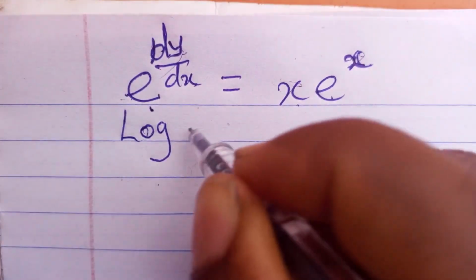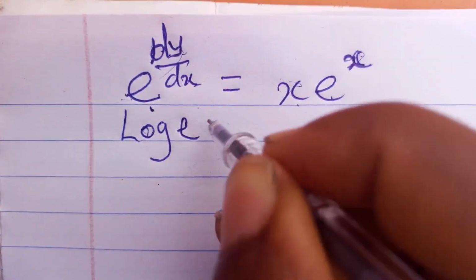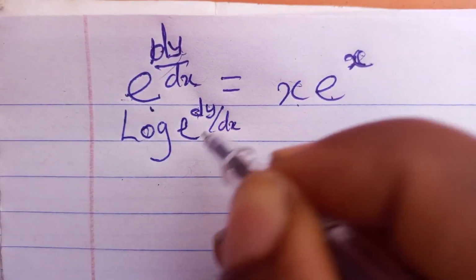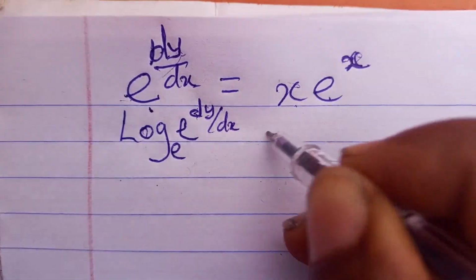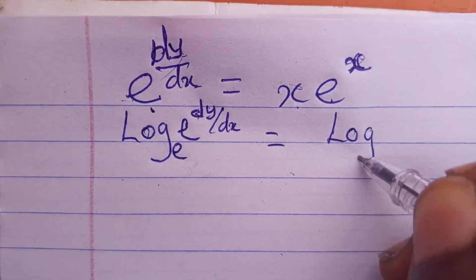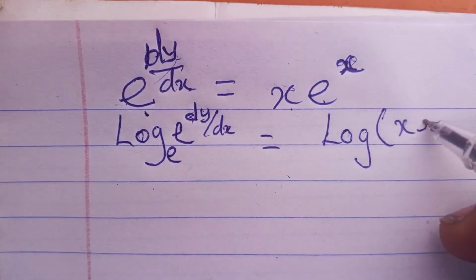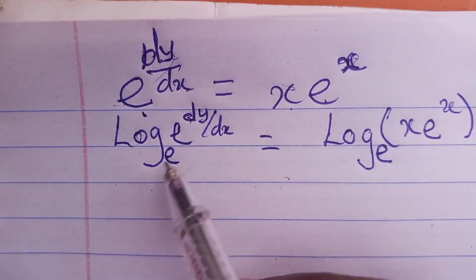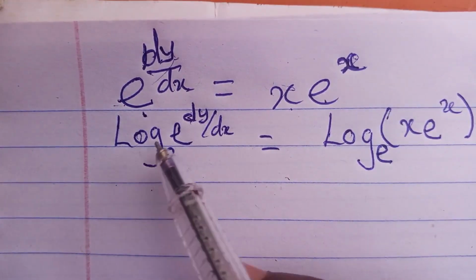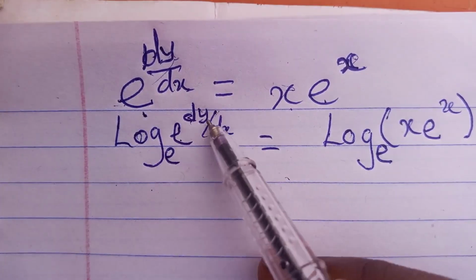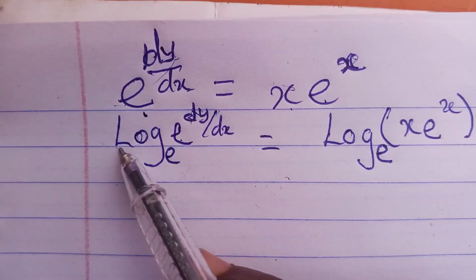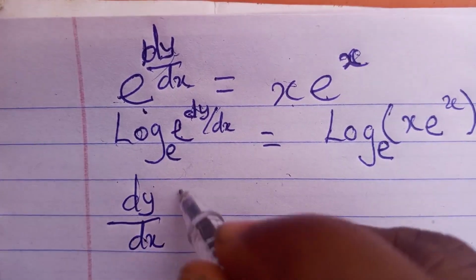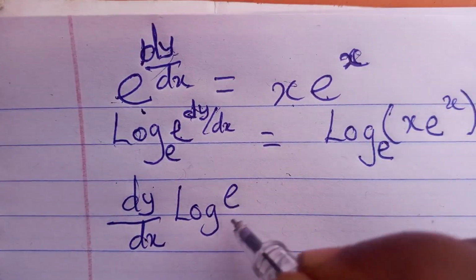We're going to have log of e raised to the power of dy/dx, and the natural log is in base e, equals log of x e to the x, in base e. Now from the laws of logarithm, for log e raised to the power of dy/dx, this dy/dx will come to the back, and you're going to have dy/dx log e base e